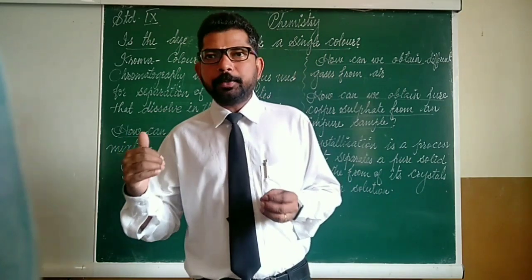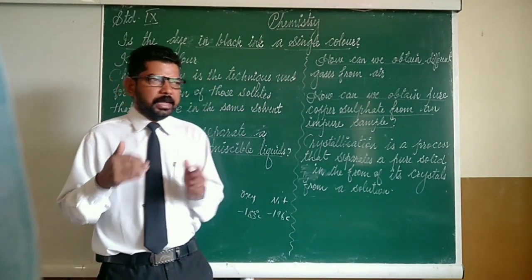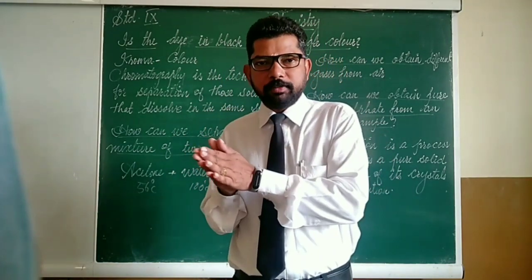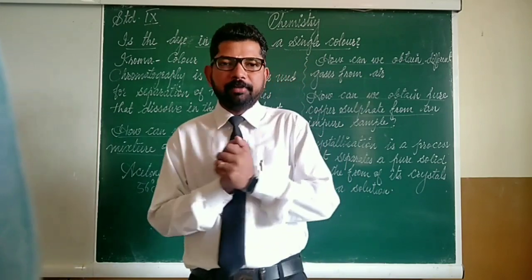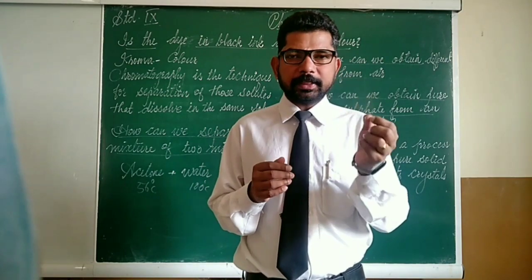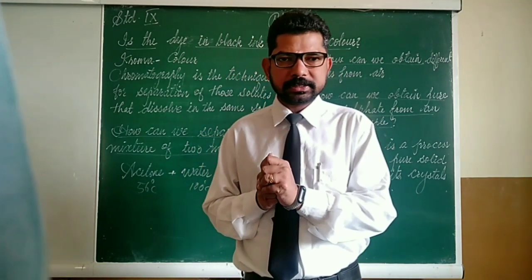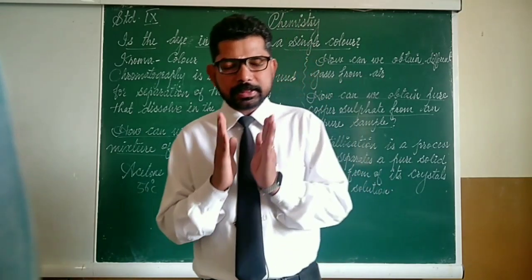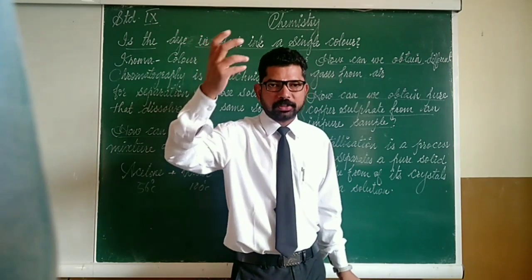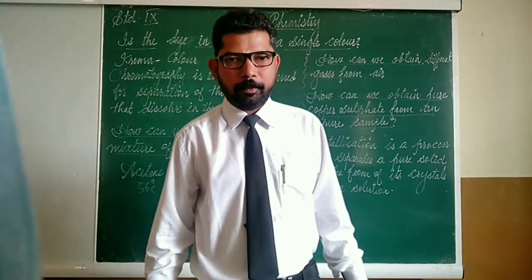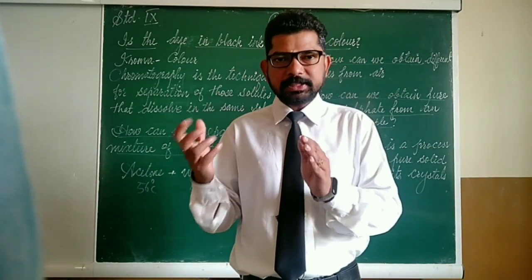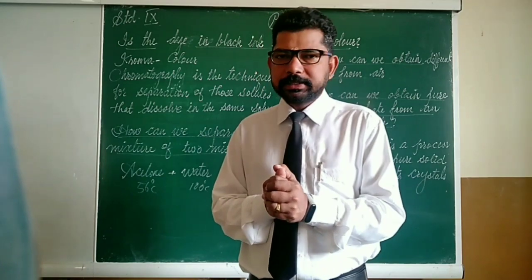And when we come to chemical changes, usually a new substance will be formed or the chemical property will be changed. For example, if we take a substance and burn it, burning in science means that the substance combines with oxygen and the corresponding oxide will be formed. That means it is a new substance, and such changes are known as chemical changes.